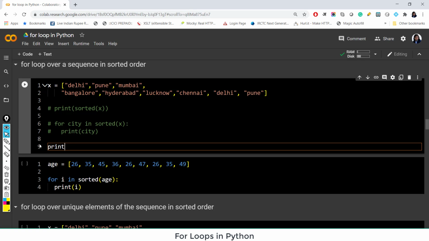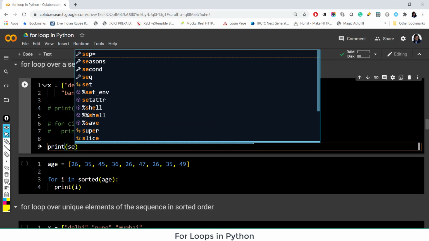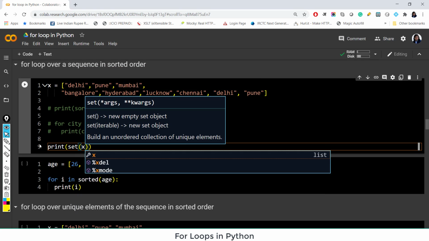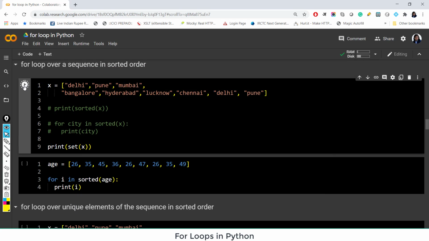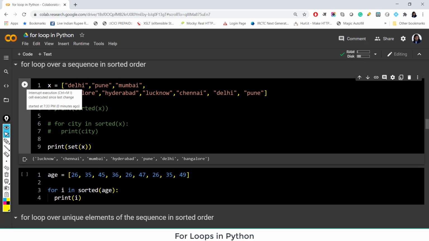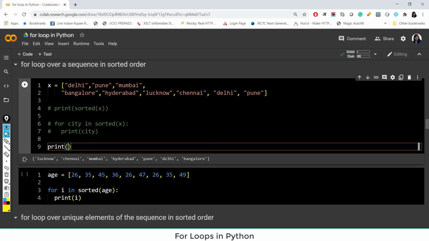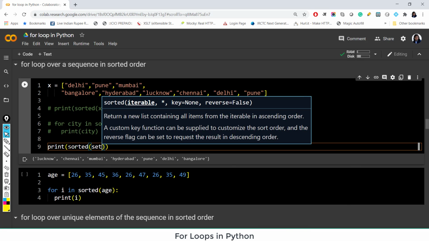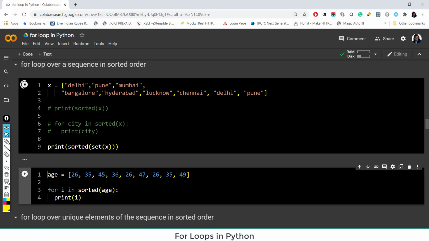Let me just show you how that works. If I just use the set function over the list X, it will remove the duplicates and give me all the unique elements. So you see here we have these unique elements. Pune and Delhi are appearing just once. These are not appearing twice. And if I use sorted for this, it will sort the elements and then give me those unique elements. So let me just do it. Sorted set X. So we are getting the list of all those cities sorted in alphabetical order with no duplicates,